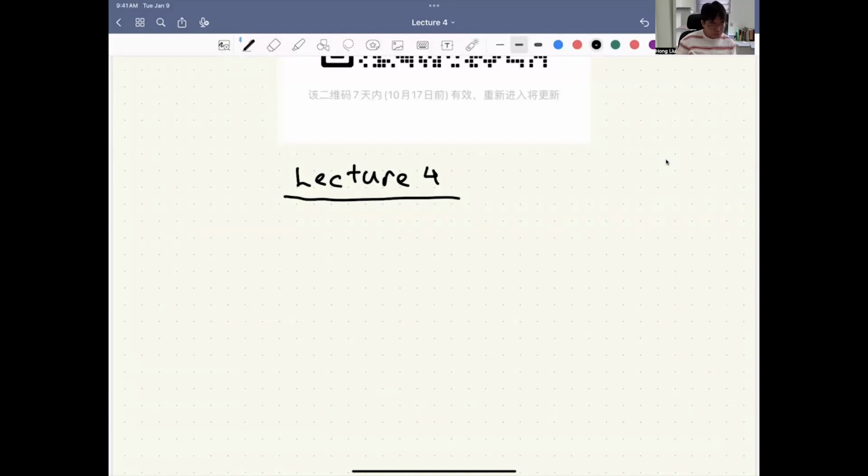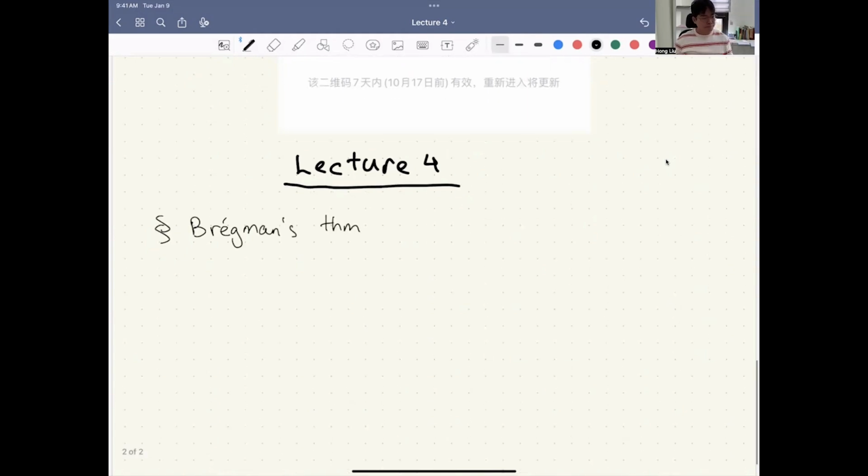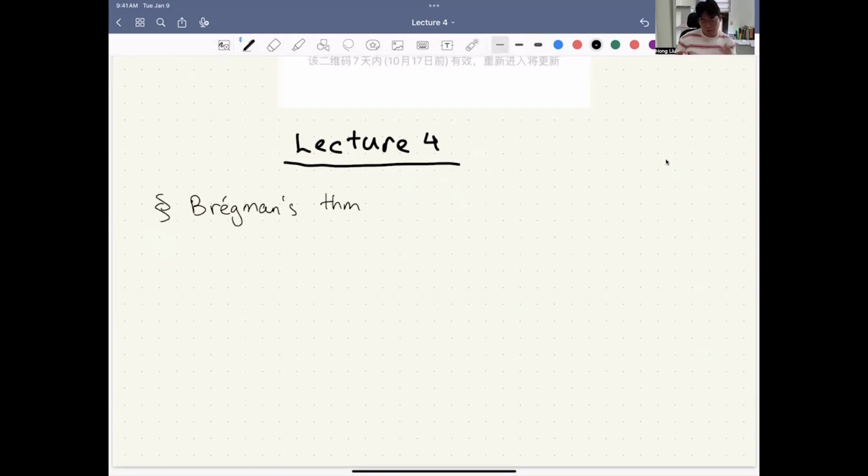Bregman's theorem. It has two equivalent formulations. Let's see the first formulation, the permanent. So, definition. The permanent of an m by n matrix